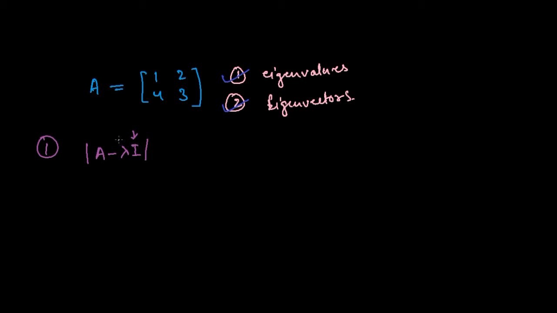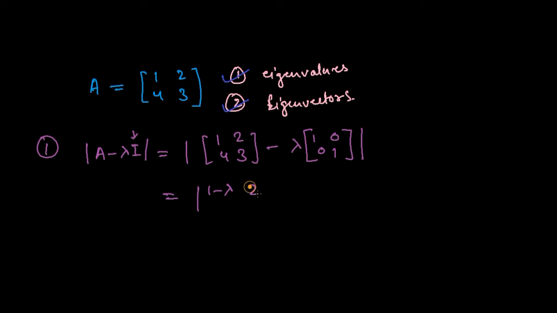In our case, this gives the determinant of [[1, 2], [4, 3]] minus lambda multiplied by the identity matrix of order 2, that is [[1, 0], [0, 1]]. This becomes the determinant of [[1 minus lambda, 2], [4, 3 minus lambda]],